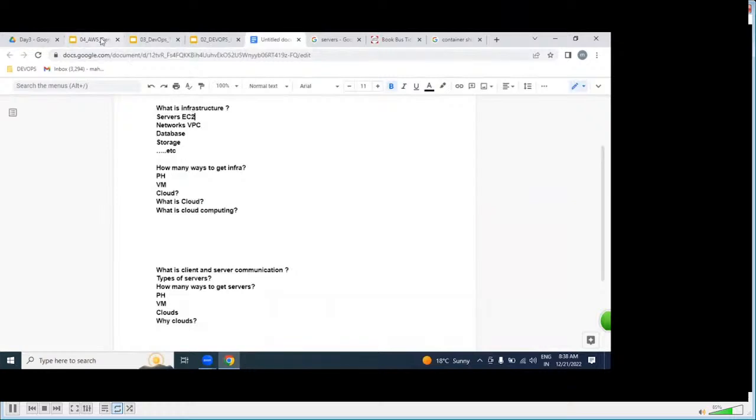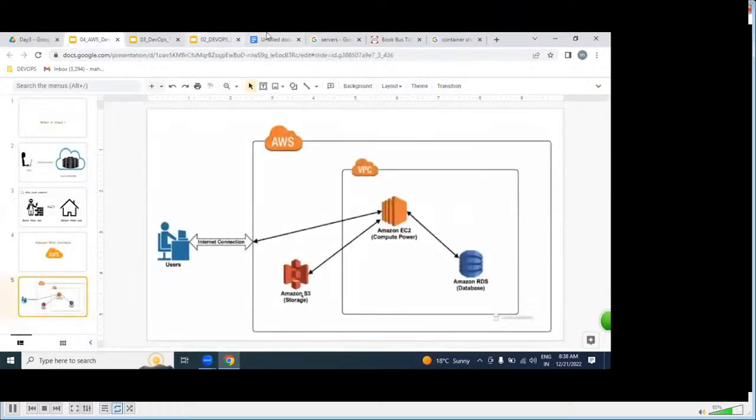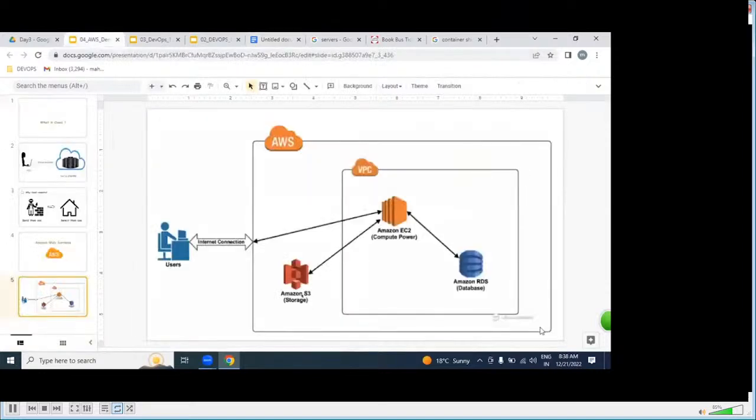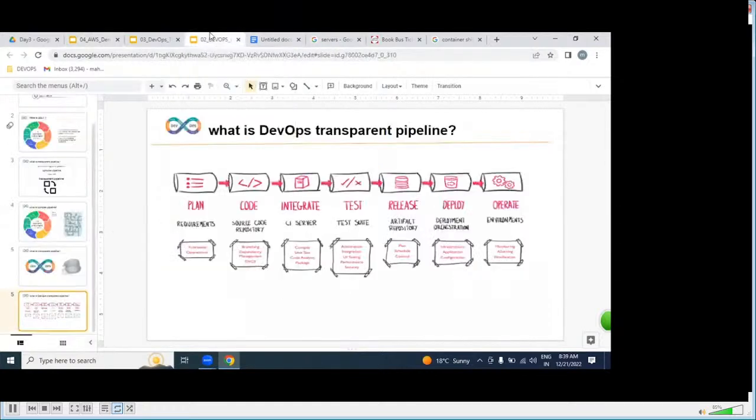EC2 is nothing but what? RDS is nothing but what? And storage is nothing but what? With the help of this raw infrastructure, we can easily deploy our applications by using the DevOps process. This is what we discussed in the last session.